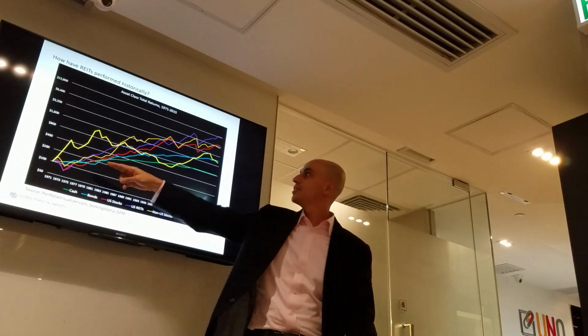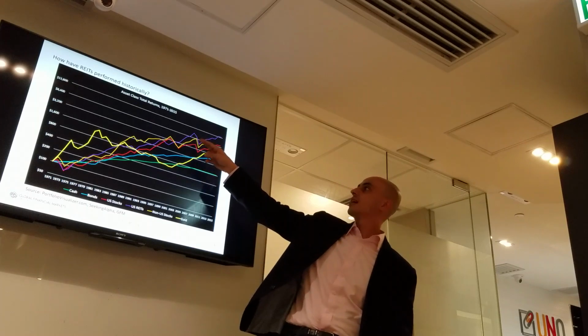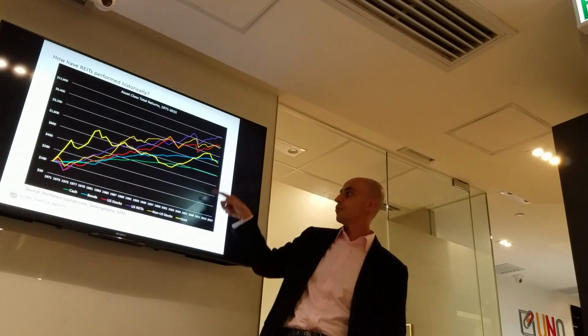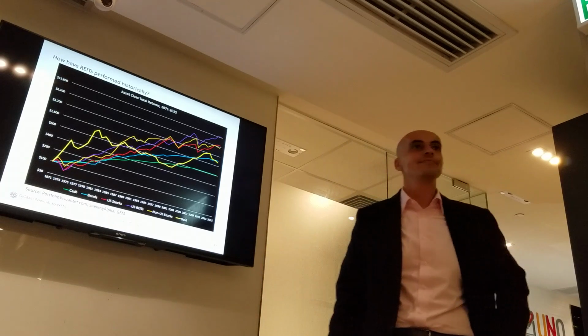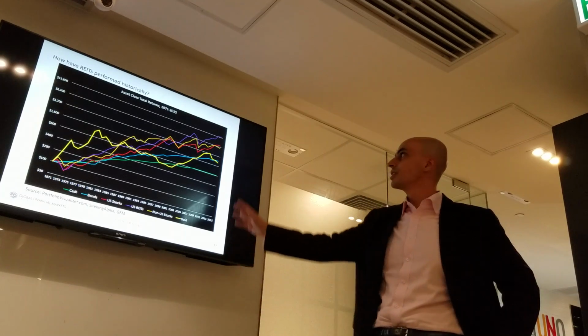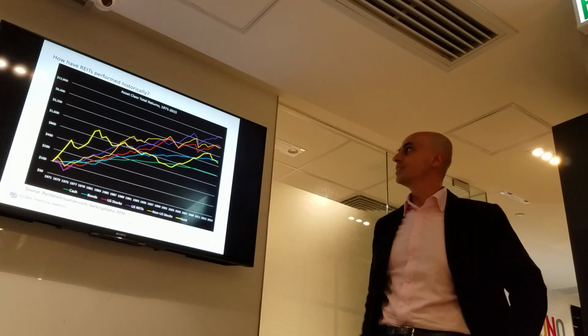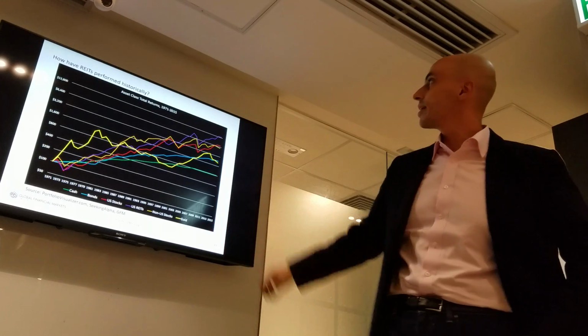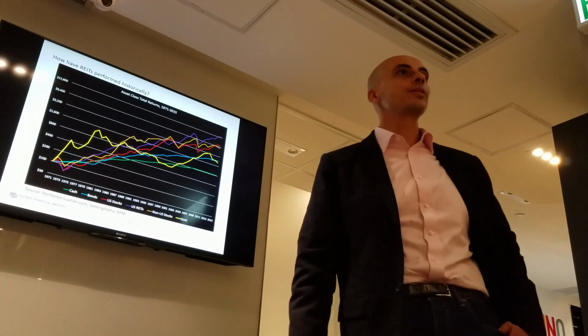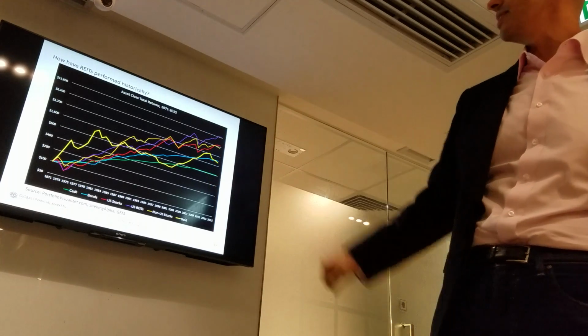So the purple line is U.S. REITs, and you see that overall they behave more or less like stocks, but in the long run have tended to outperform, and this includes even the great housing crisis in 2008. So overall, as an asset class, REITs have been a good, stable place for long-term returns. I think that averages out to about 12% per year in that period. That includes adjusting for inflation.